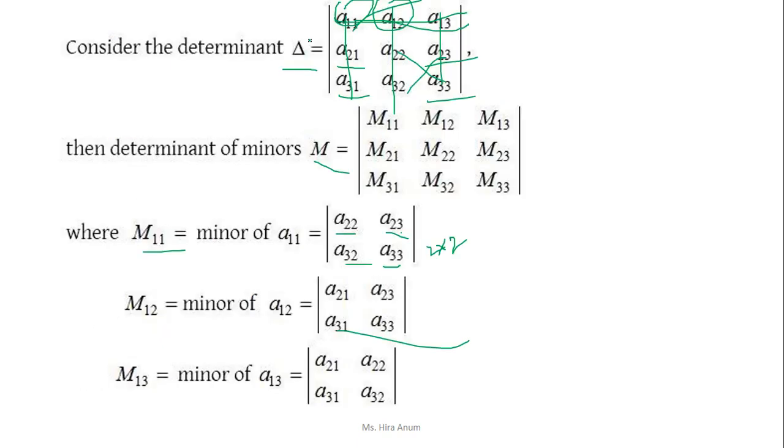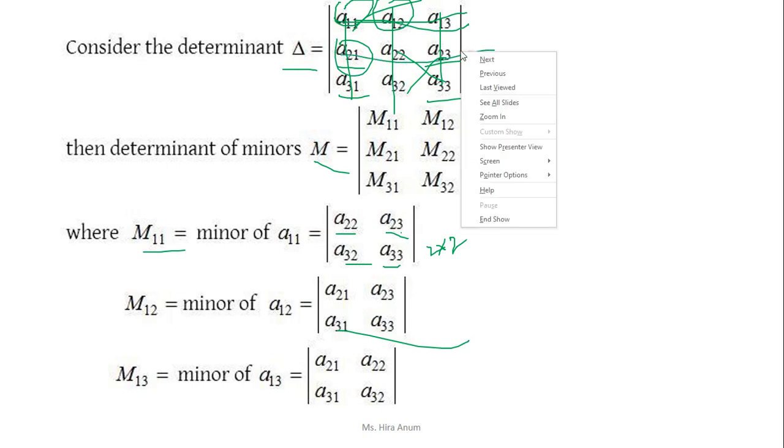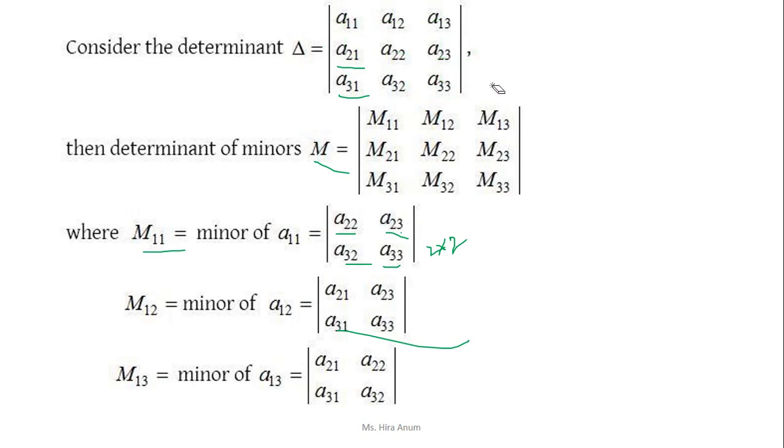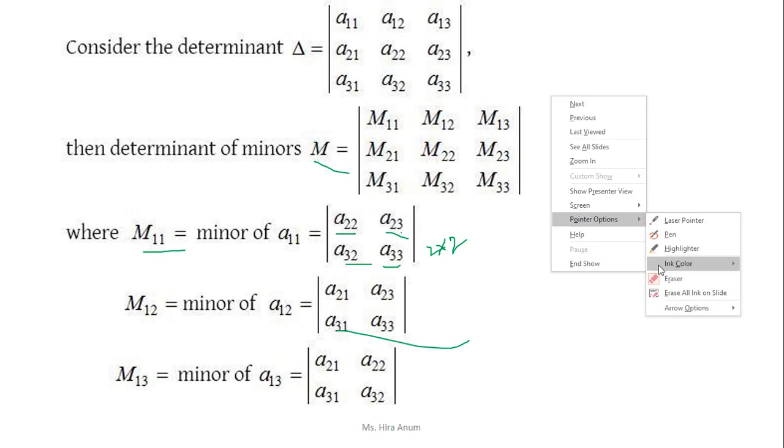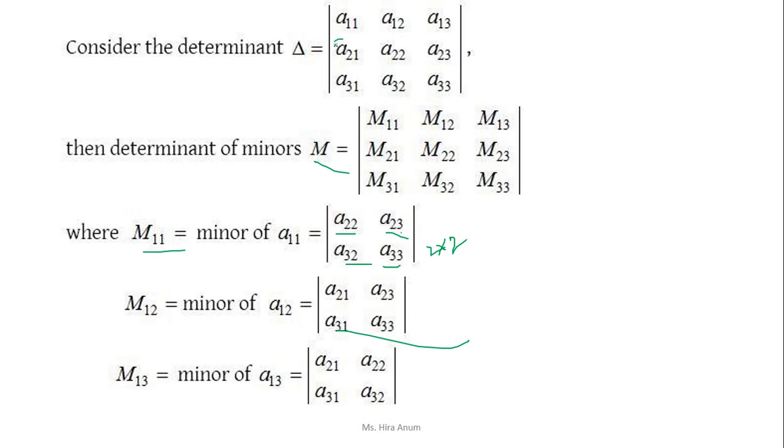3 cross 3. You can similarly take this column, this entry, ignore this row, and for this I removed these lines to make it easy to understand for you. Now you take this entry A21, then ignore their row and column. It becomes